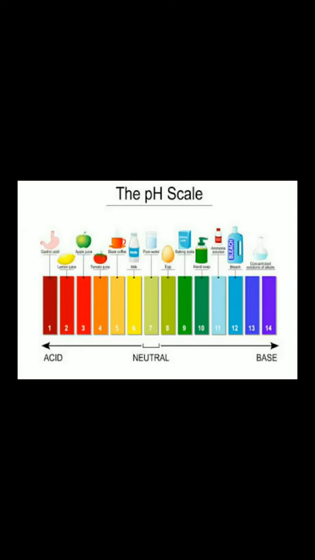Now I am going to share the picture of this universal indicator. Okay children, you are seeing the pH scale. It is a little different from your book, but you see the red color, which is number 1. It's a strong acid. As we move to number 2, 3, 4, 5, the acid is becoming weak. It's the color of weak acid, yellow. And 7 for neutral.